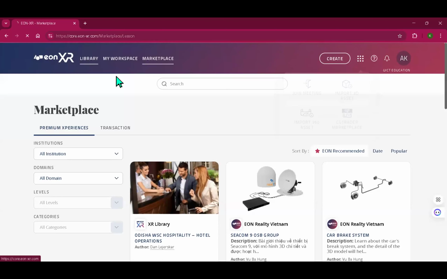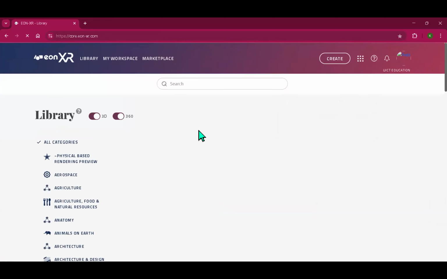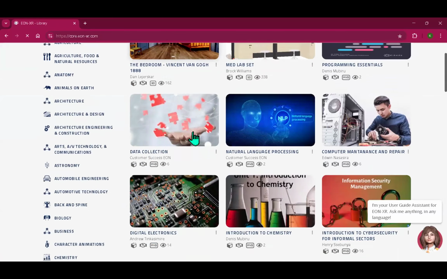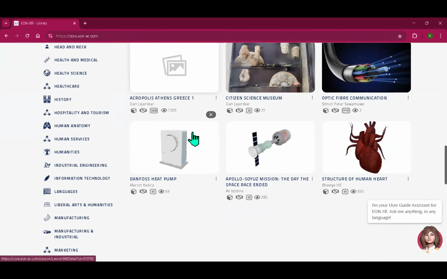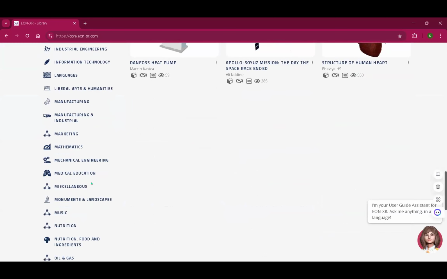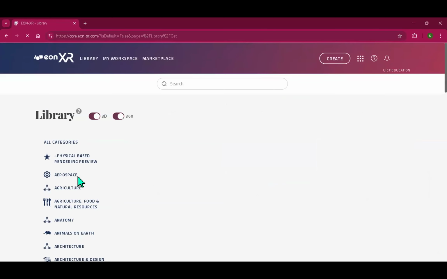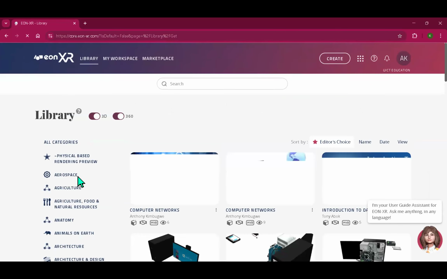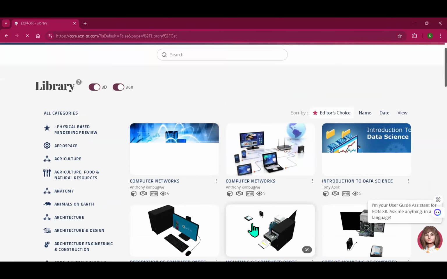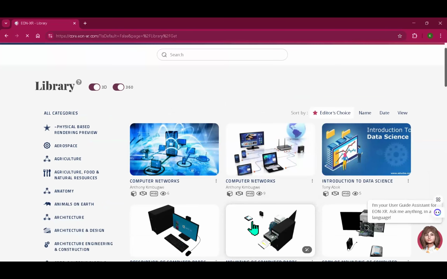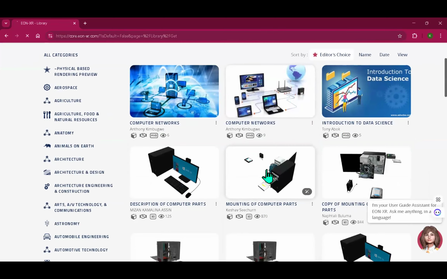Now, Madam Flavia had requested me to show one of the experiences that I've been using. I don't know if that was right, Madam Flavia. One of the experiences was on information technology. So you go to the library and look for information technology. Then I picked an experience that was already done by somebody, but I'm showing you how good it is and how it can help you in teaching and learning. So I clicked on a personal computer, the computer system, for it to load.